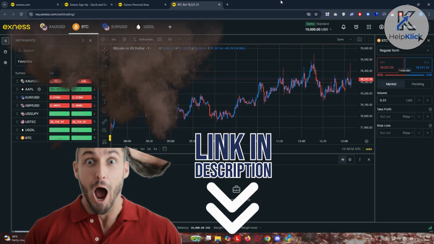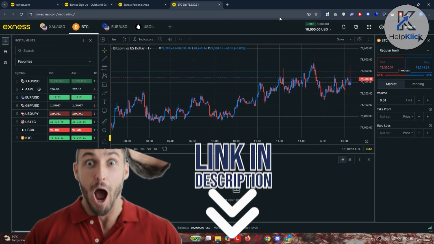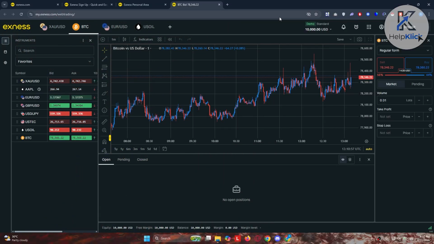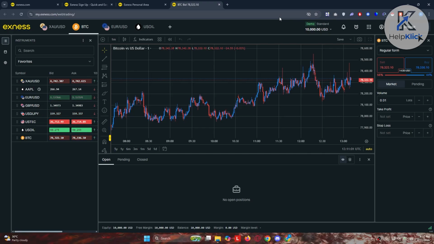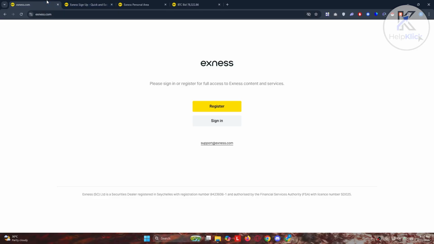So let's get started. You might be wondering how to exactly start using Exness here, especially if you're a beginner. Well, the first thing that you may want to know is you need an account in order to start using the platform. Now, I'm assuming you don't have an account yet. So what you need to do is go to exness.com and click